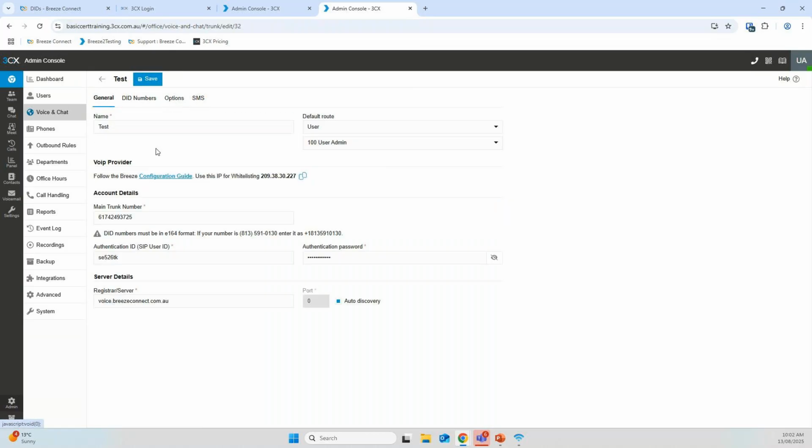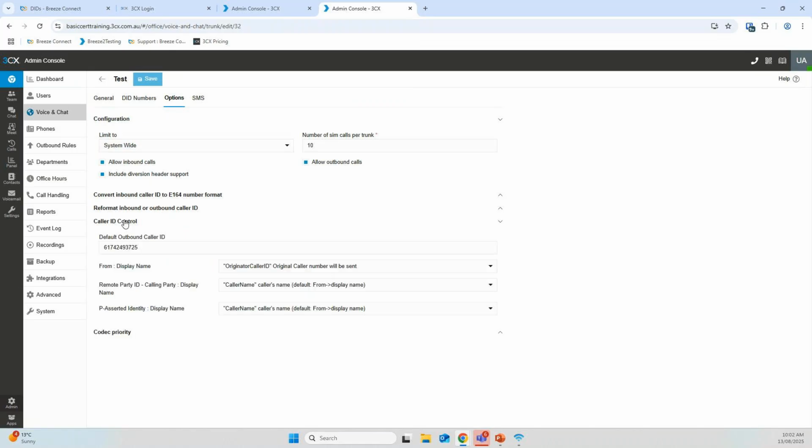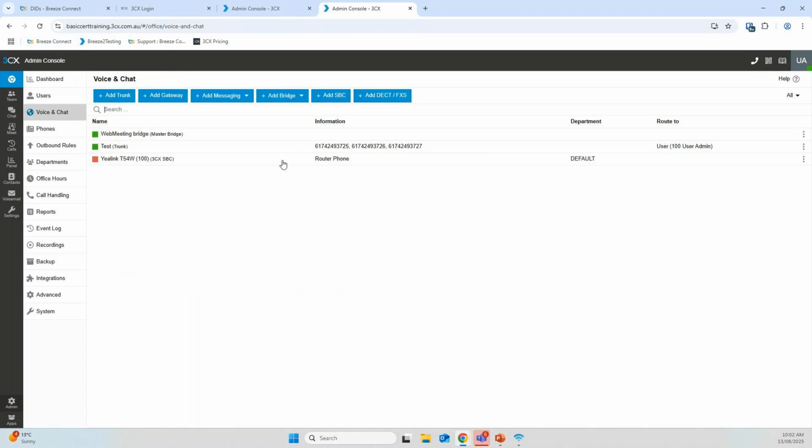So you can use SMS and calls directly from one single trunk. So that's basically everything on the SIP trunk. And when I say the parameters will be different for each provider, these are not the only three parameters that are available. There are hidden parameters. For example, if I go here and export the trunk,